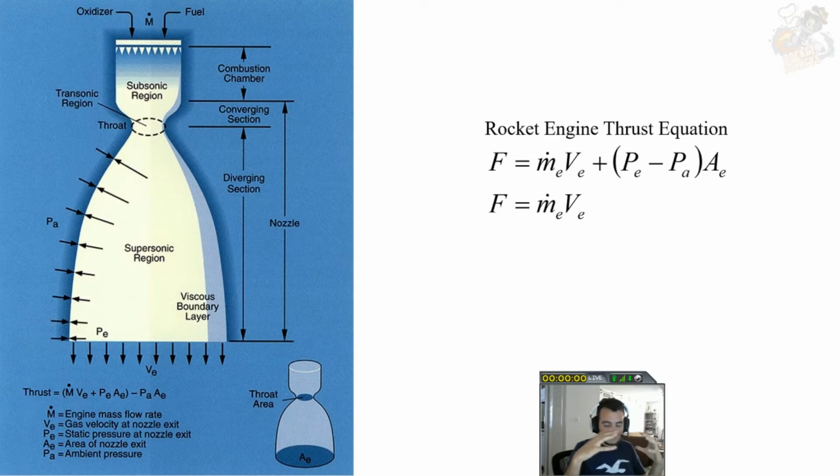So you have all this expanding gas rapidly going out of your nozzle. That's producing thrust. That makes sense. Now, what is this second term in the rocket engine thrust equation? That is actually there